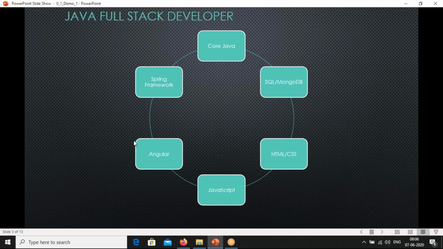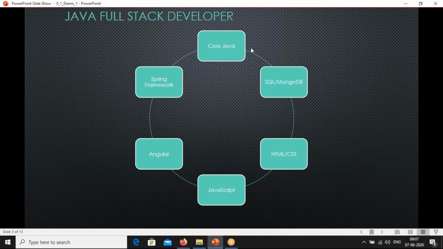The next one is the way we are going to cover the program. Your program will start with core Java. Some of you are not from a programming background, or are doing Java programming for the first time. Don't worry, we will start from the very basics, like what is programming and how to write it. From writing a hello world example, we will take you to the Spring framework. To reach this level, we have to go through many modules. First we'll start with an introduction to programming using core Java.